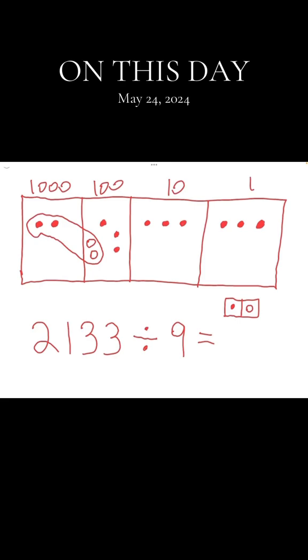Well, it would be nice to have 3 Todds to go with it. If I put in 3 Todds here, Todd, Todd, Todd, well, I got to put in 3 dots to go with it, right? But doing that, I would then see, here's the 1 group, 2 groups, and 3 groups. So now we have 2 groups here at the hundreds level, and now we have 3 groups at the tens,